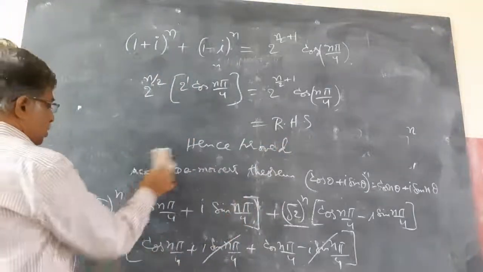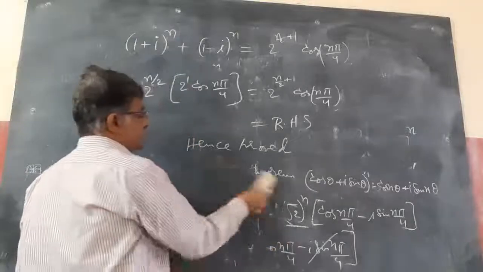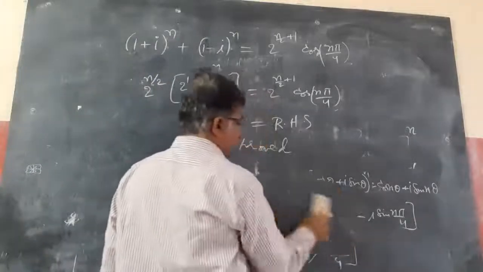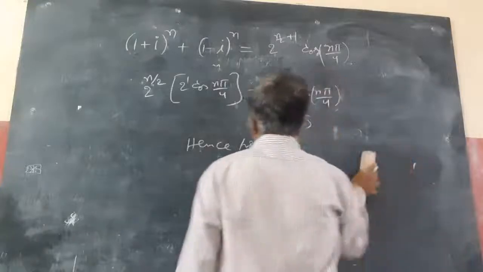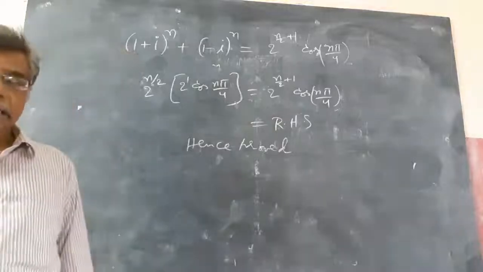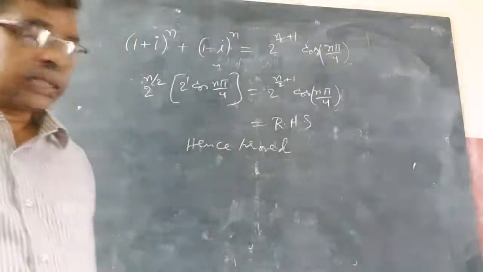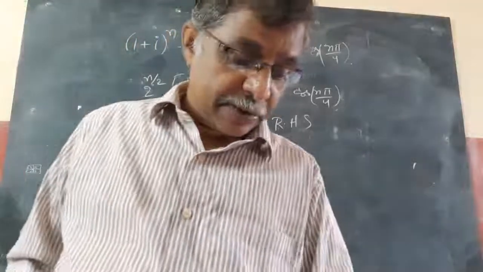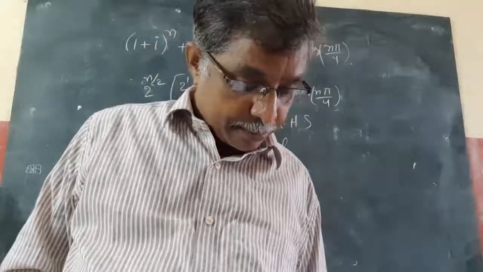Simple. Just convert into polar form, then apply De Moivre's theorem. Most of these sums depend only on De Moivre's theorem and converting into polar form. That's it. 7 marks. Very easy. Like this you can do all the 7 markers. Almost all will be like this. Same kind, we will do one more.